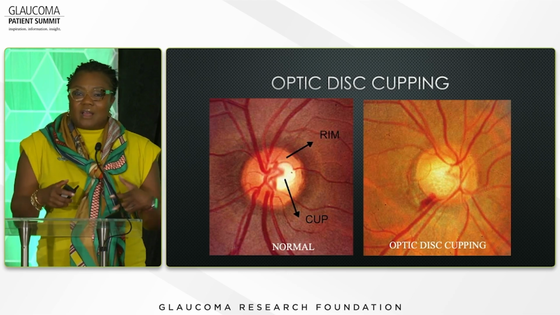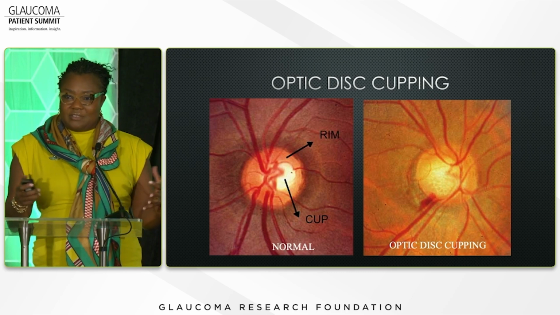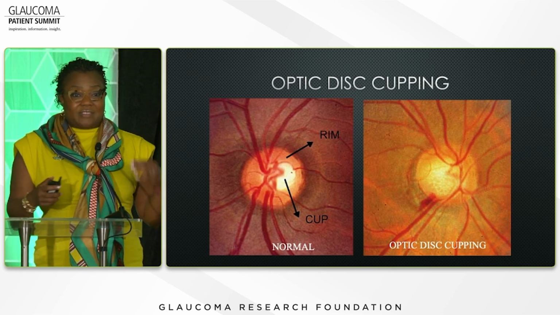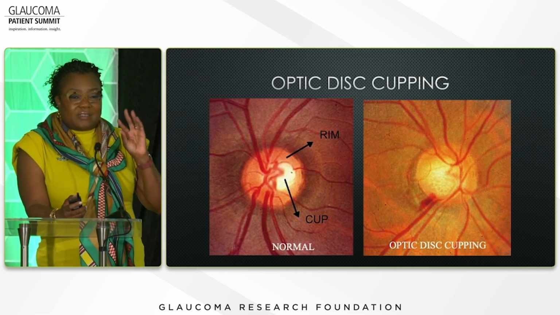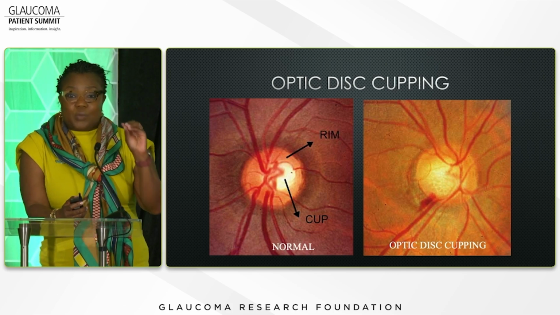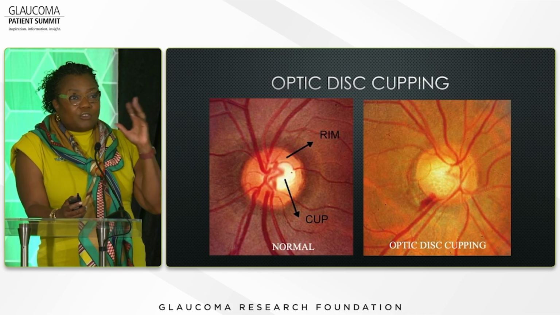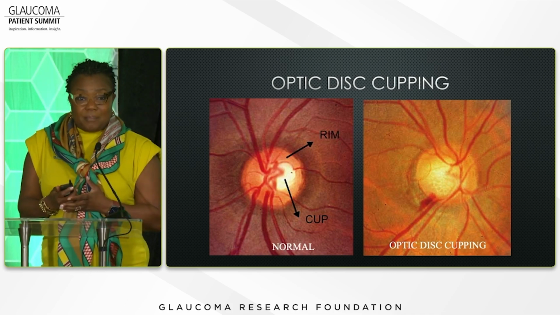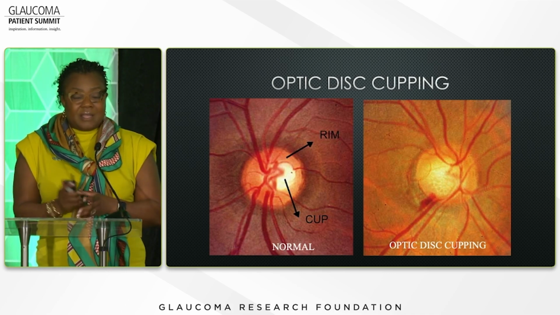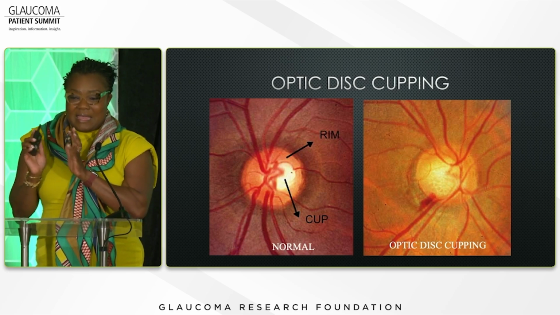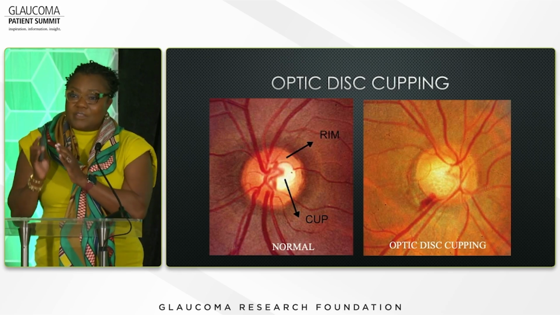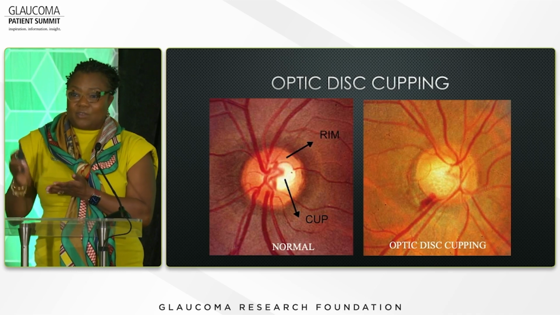But for many of us, our eyes have a certain level of rigidity. And as you pressurize it, the pressure will be applied at the weakest point. And in your eye, the area where the nerve fiber layers leave the eye, which is the optic nerve, is that point. So the pressure in the eye is felt around the optic nerve, leading to death of tissue in